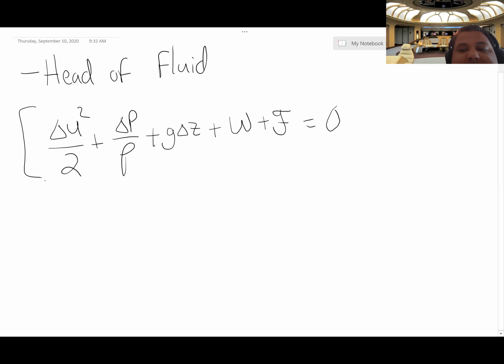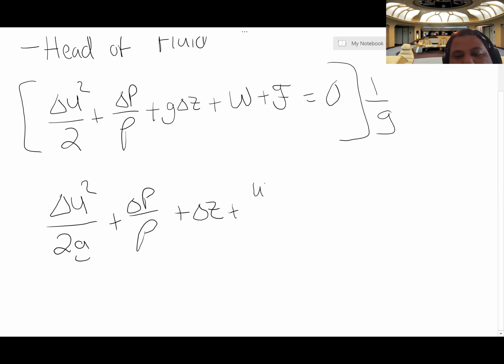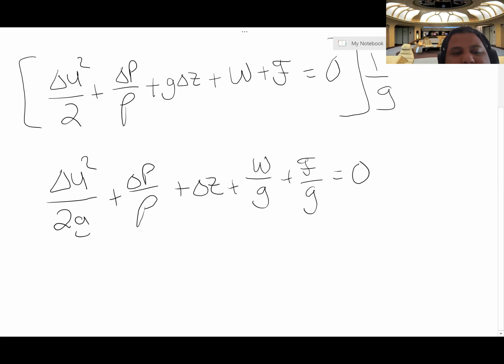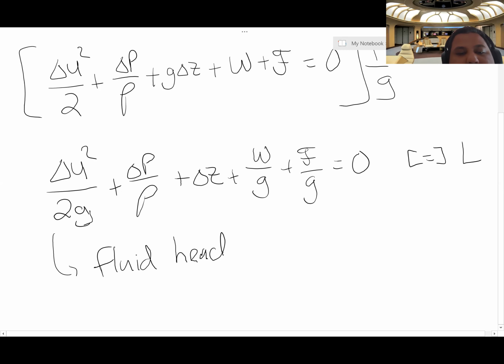Now, if we divide each term in this equation by gravity, something intriguing happens to the expression. Primarily, if we look at the units of each term, the units simply become a length. And this is the mechanical energy balance in the form of fluid head, where,